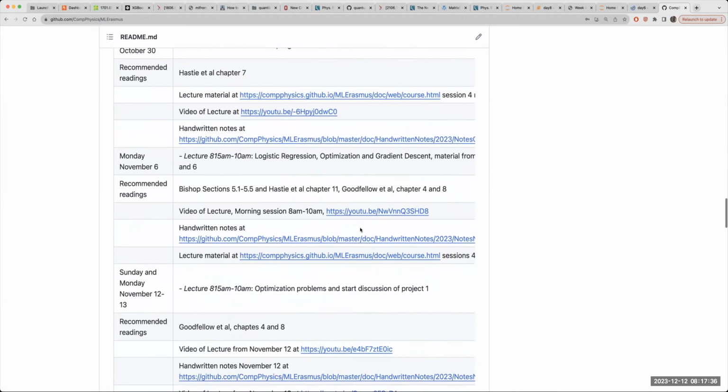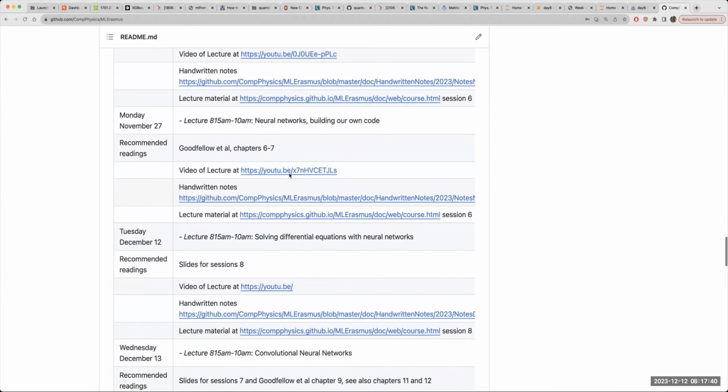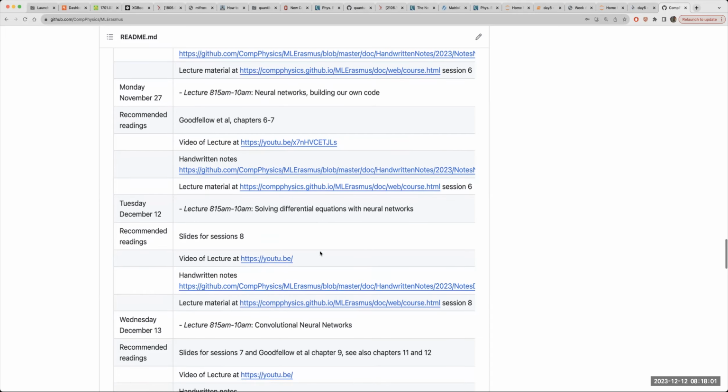If you scroll down to the lecture plan, the lecture today is about solving differential equations with neural networks. However, we are going to use the first part of the lecture to discuss again and repeat topics which we had last week. We're going to look at the link between the backpropagation algorithm and automatic differentiation. And then we are going to move over to the solution of differential equations with neural networks. So this will be